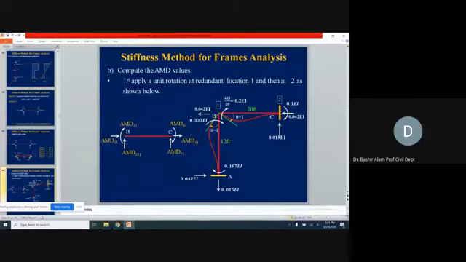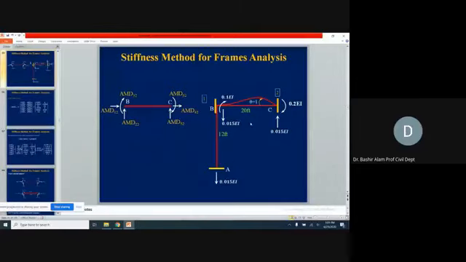For AMD21 it is downward, so it will become negative, 0.05. AMD31 will become 0.2, and so on, and you can pick the appropriate values from this location. Then the second column of the AMD matrix for BC, we generate from where we generated the second column of the